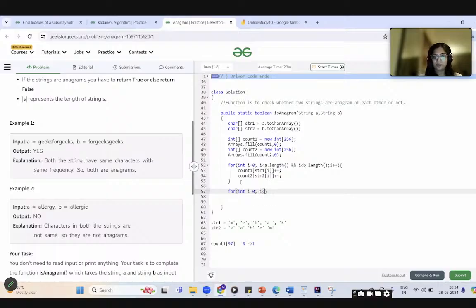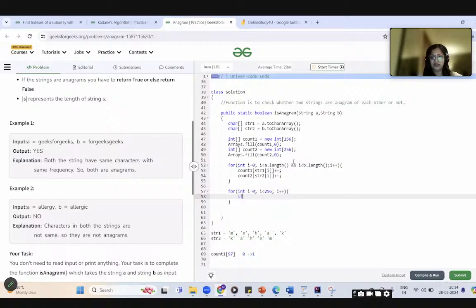The count array has a total size of 256, so we have to traverse up to the 255th index, right? i plus plus, and then we have to see if count 1 of i is not equal to count 2 of i, then they are not equal.